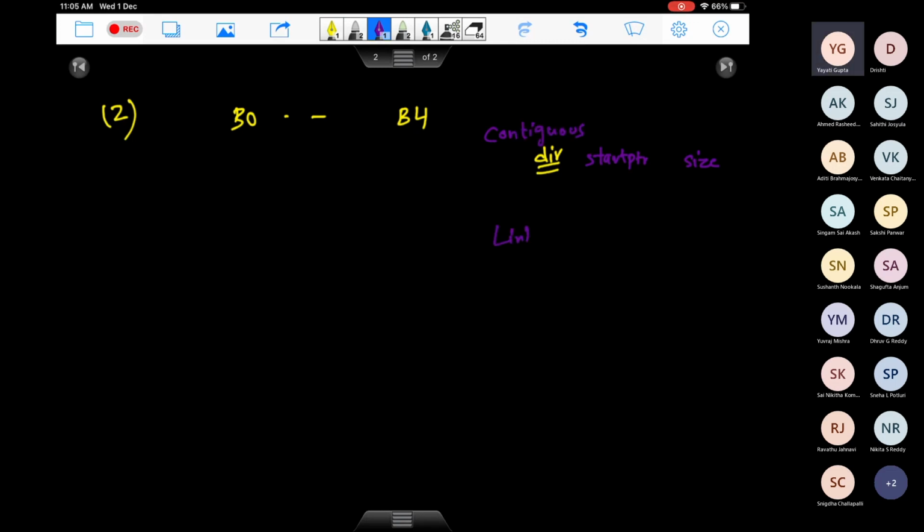In case of linked, what do we need? We need the start pointer, and sometimes you can also store the end pointer. So where is the first block and where is the last block? But we are going to assume that it is a singly linked list, not a doubly linked list. You can have a doubly linked list also, but that will take more space. And then you have indexed allocation, right? So this index block, again, is somewhere on the disk. It will tell you where is the first block, where is the second block, where is the third block, and so on and so forth.